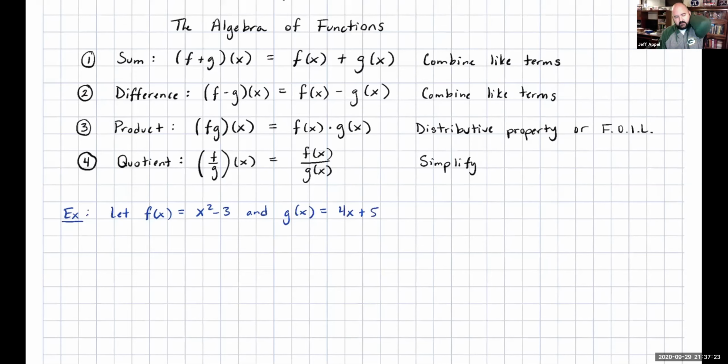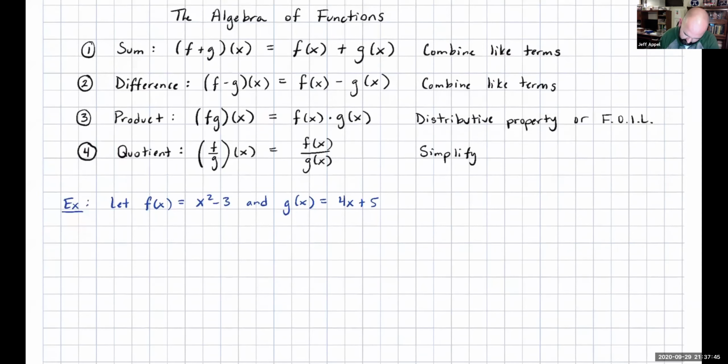At the very least, we're going to run through these four things, 1, 2, 3, 4, up here. But I'm also going to mix in some other variations of what we're doing here that you'll be asked to do that will require no more skill than what we've already gone over. Okay, so in part A of this example, let's find f plus g